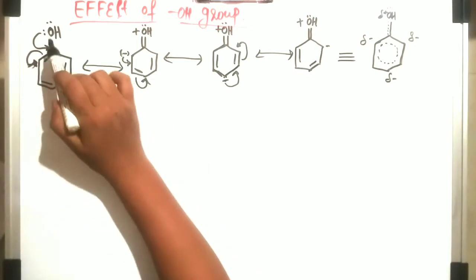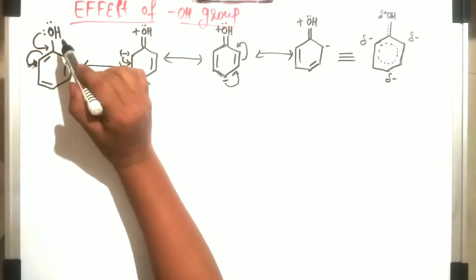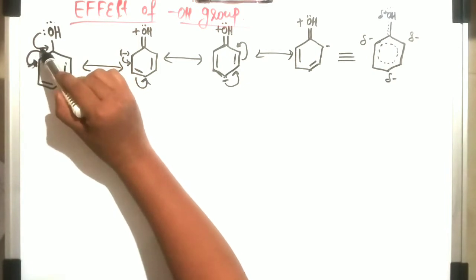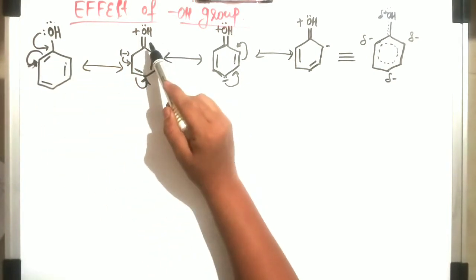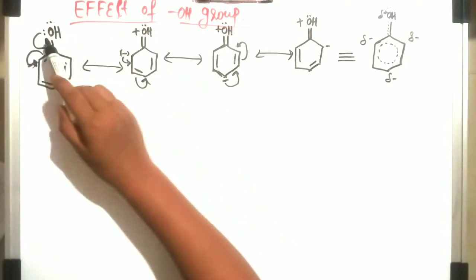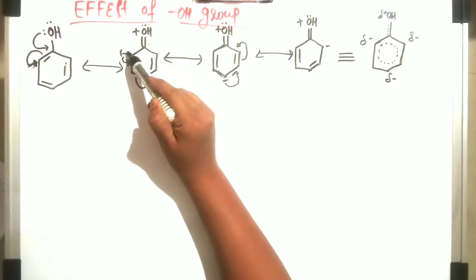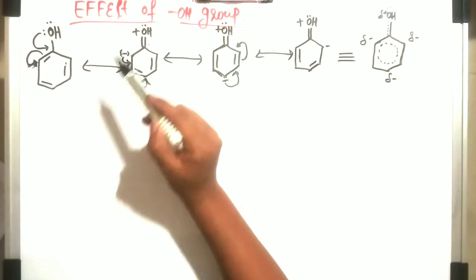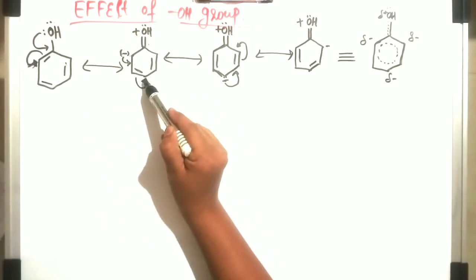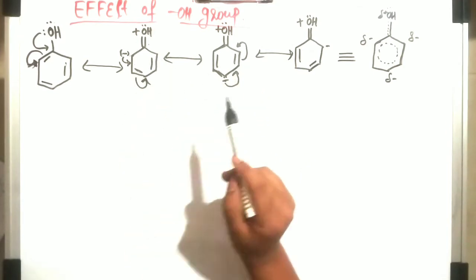So we have lone pairs over here on the OH group, two lone pairs. So what happens? This lone pair comes here and this bond comes here. So what we'll get in the next structure? Here we'll get a positive charge, and whenever this lone pair shifts, here it gets a double bond. And this is a minus sign, and again what happens? This minus sign comes here and this bond goes here.